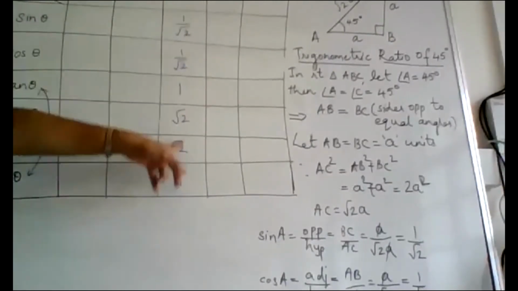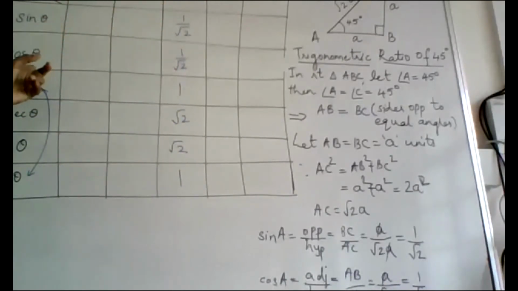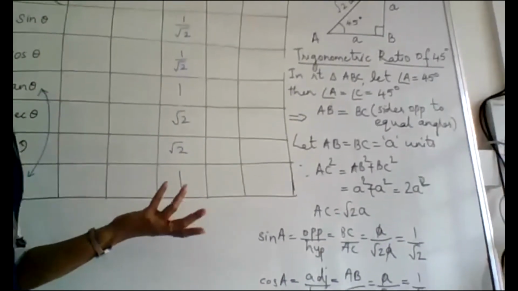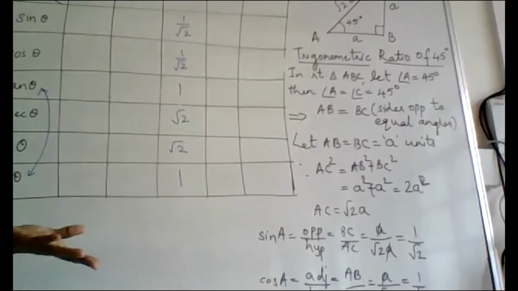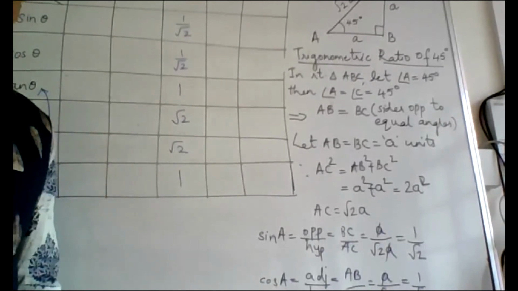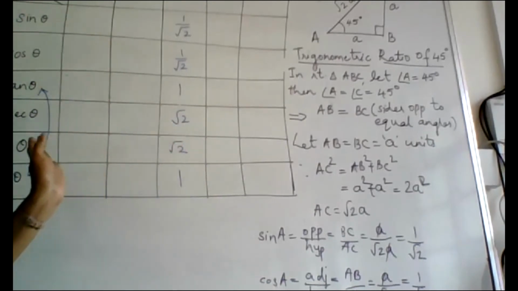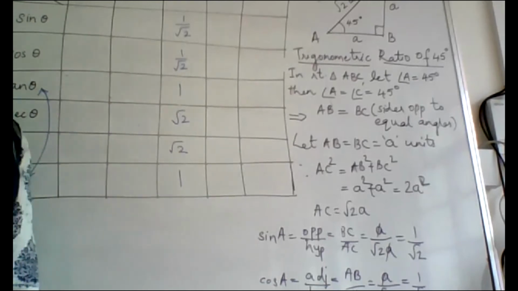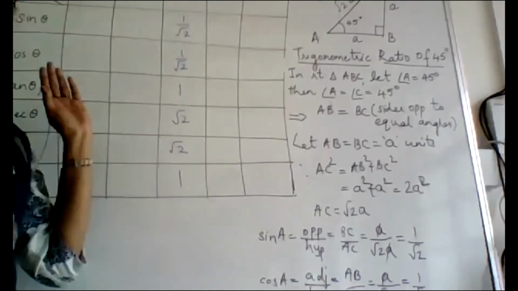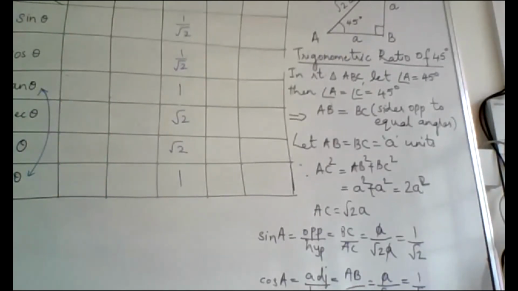So this column should be ready because the 45 degrees with respect to all the 6 ratios we have found. And this you should be able to recall after Monday's class. You should be able to recall them without any problem. This you have to learn by heart. Just like you know your multiplication tables, specific ratios or specific angles with the trigonometric ratios should be memorized and kept in your mind. Because this is again going to be used in your next chapter on application of trigonometry. So I think there we shall stop.